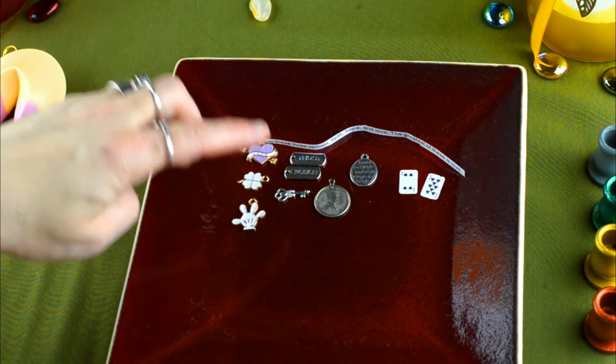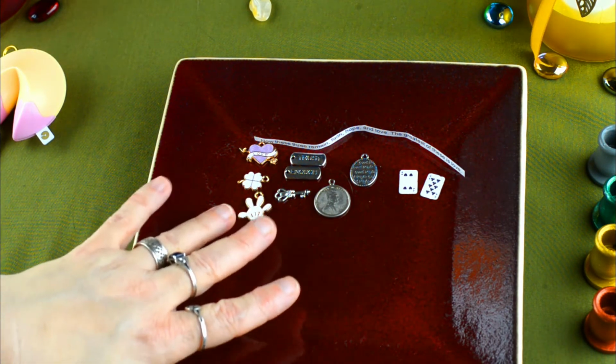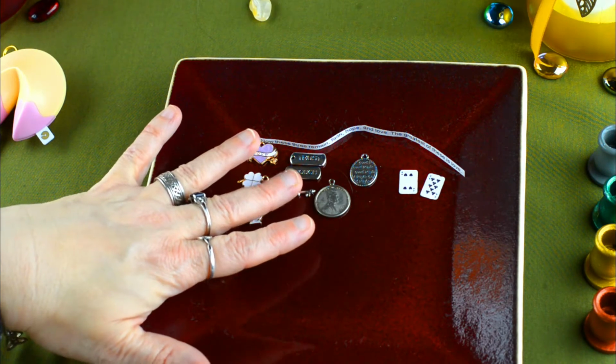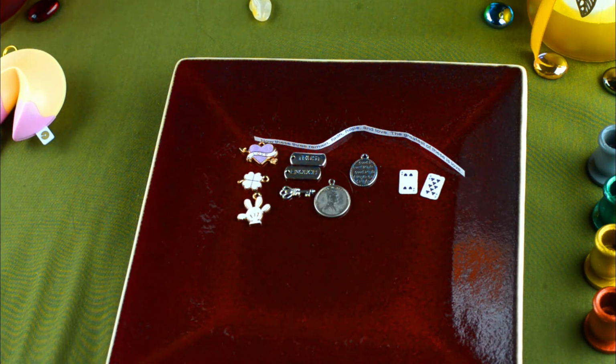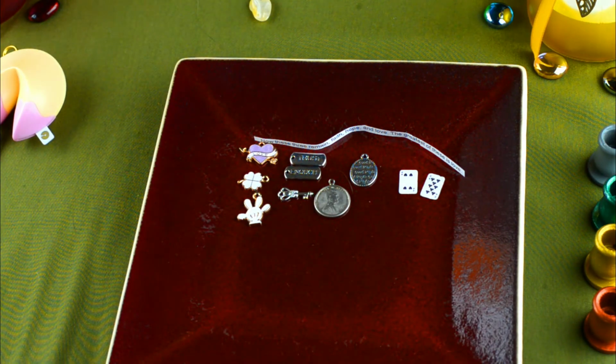Because we do have the Mickey Mouse hands, which to me can show either creativity or symbolize children in this sense. So we'll see what the tarot cards have to say. But I think for a lot of you guys, this is your home life. This is dealing with your home and with children. But it can mean success. I kind of see success with that, though. And so I do...